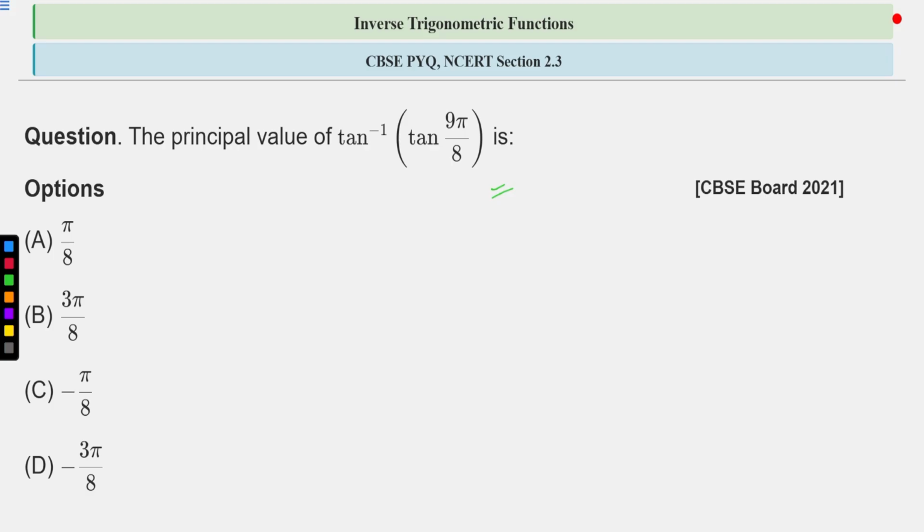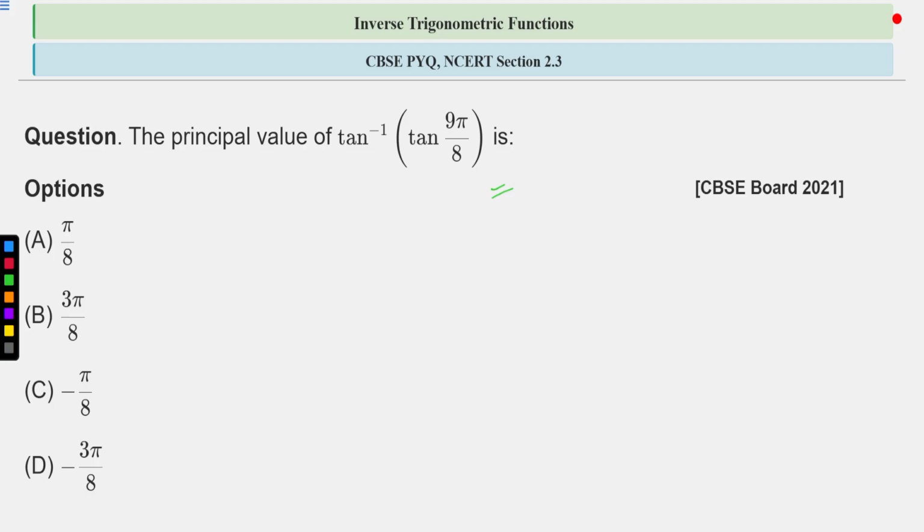So again, the hint of this question is we know that the value of tan inverse tan x is equal to x, when x belongs to minus pi by 2 to pi by 2, right? So first we need to check whether the 9 pi by 8 is lying between minus pi by 2 to pi by 2 or not. If it is not lying, we have to do some calculations,